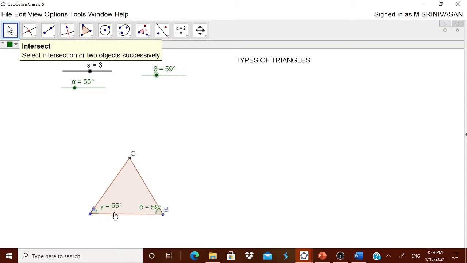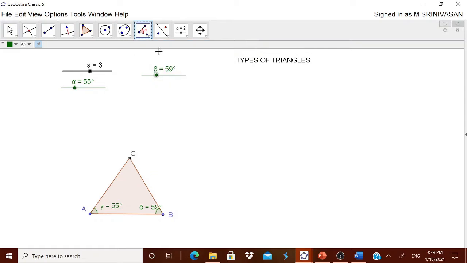Now what you can do is you can go for the third angle also. Going in clockwise direction A, C and B, it is coming as eta or something, as 66. Now in this angle you can go to the object properties, and instead of showing the label, it is better to show only the value.